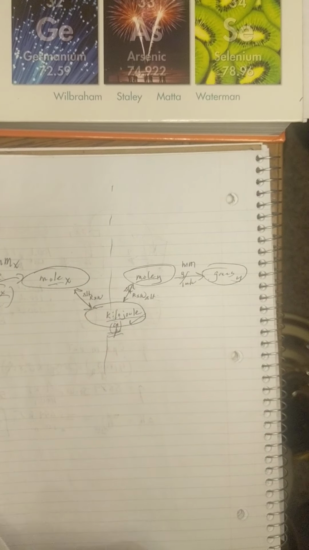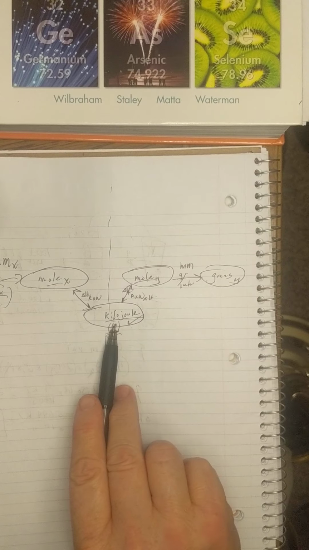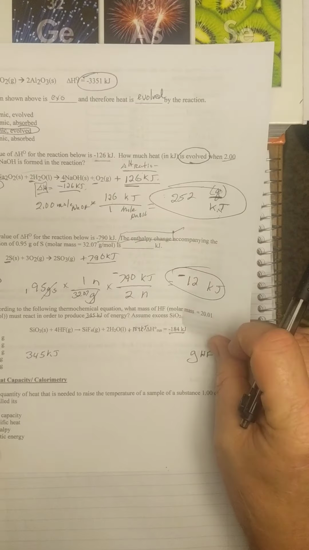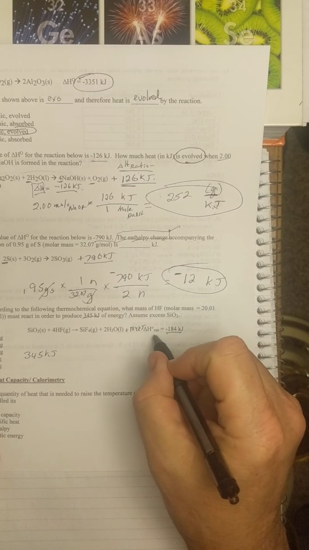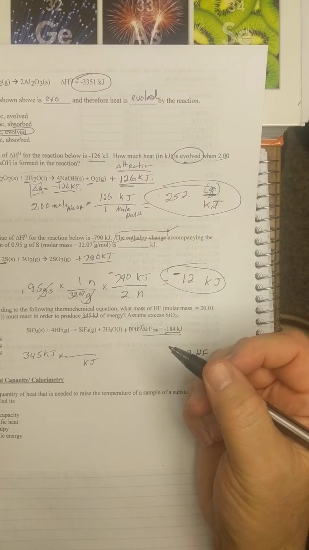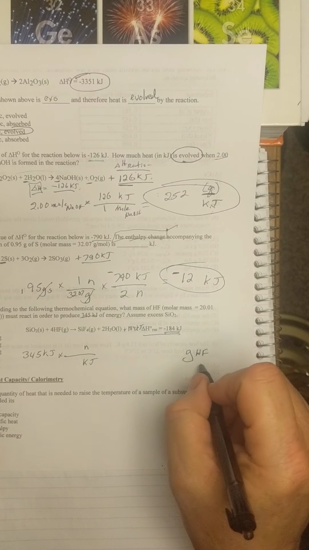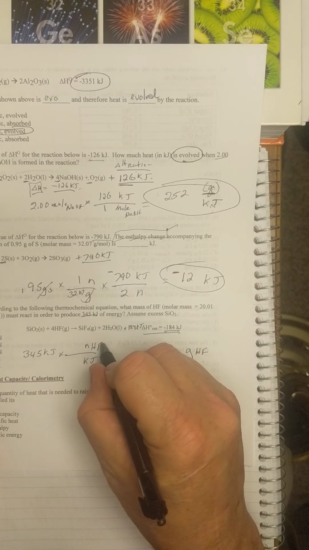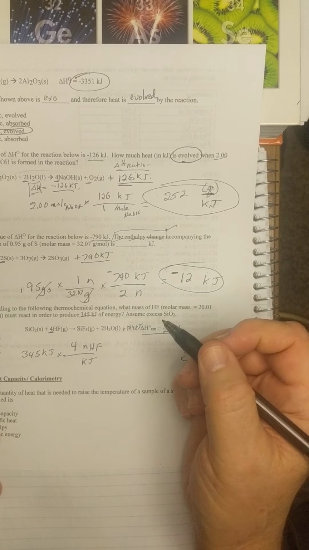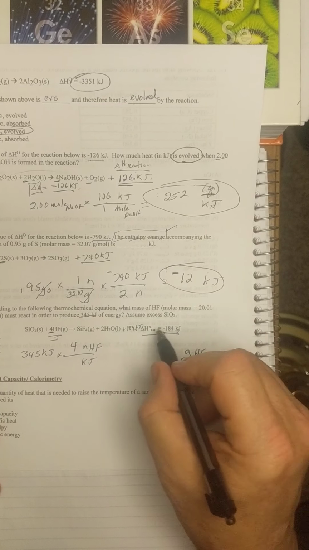So if I look at this one, I'm going from kJs to moles to grams, and I can do that by knowing my delta H. So with kJs, it is important to label. If you don't label that this is HF, you're going to be in trouble, because that's where you get your coefficient from. Unlike molar mass, you put in the number of moles there. 4 moles of HF is equivalent to